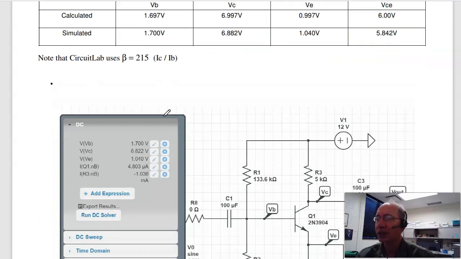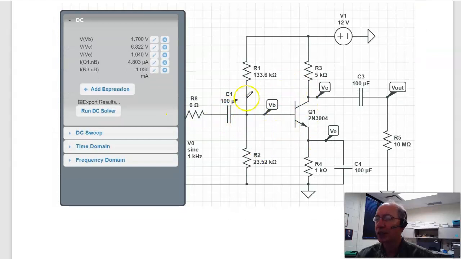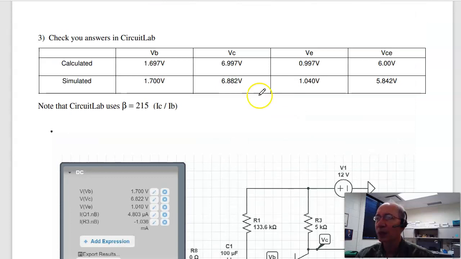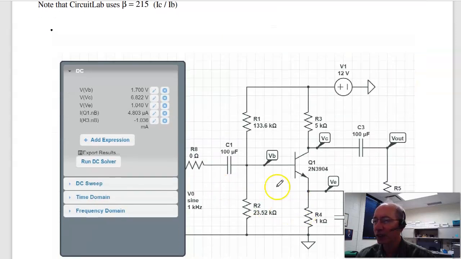In Circuit Lab, I can check. If I build this circuit in Circuit Lab and do DC analysis, what I'll wind up with is the base voltage is about the same, collector voltage is about the same, emitter voltage about the same, VCE a little bit different. That's just because beta is 215 for this guy. I assumed 200. For the 2N3904 transistors,